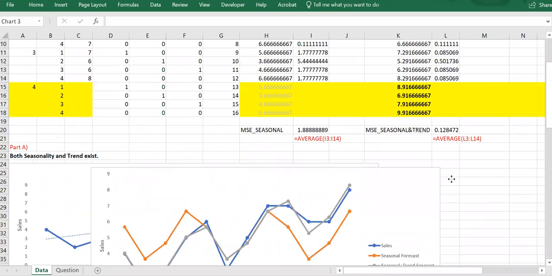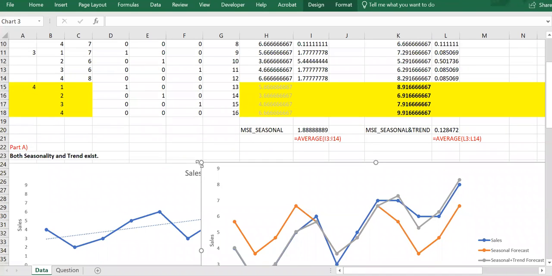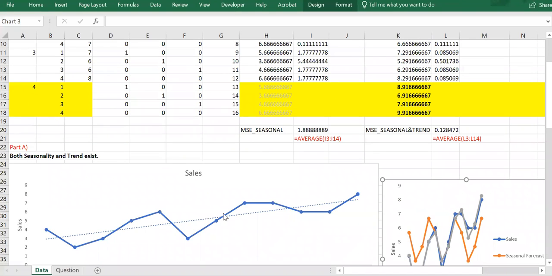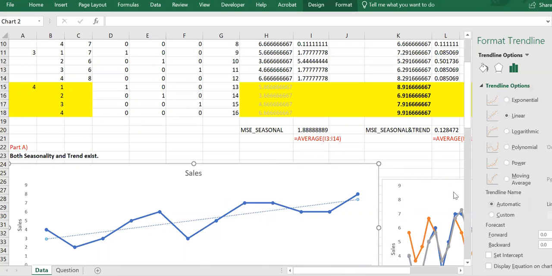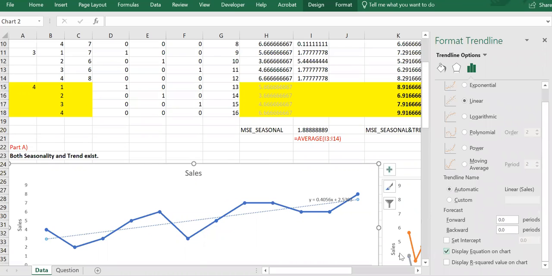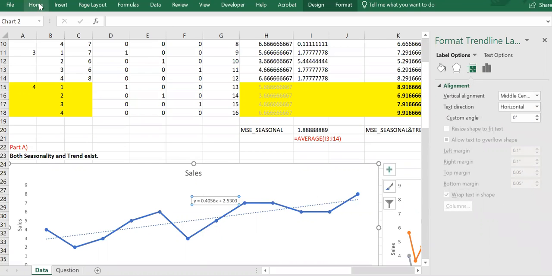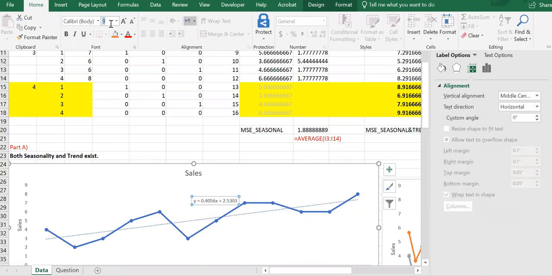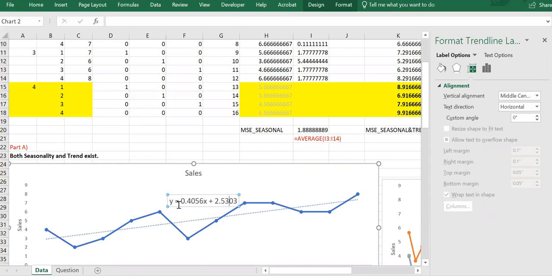So if I just take this over here and add the equation on my trend line, just to get the equation. So for trend, I just need to get this number and use it for prediction, right? So y hat